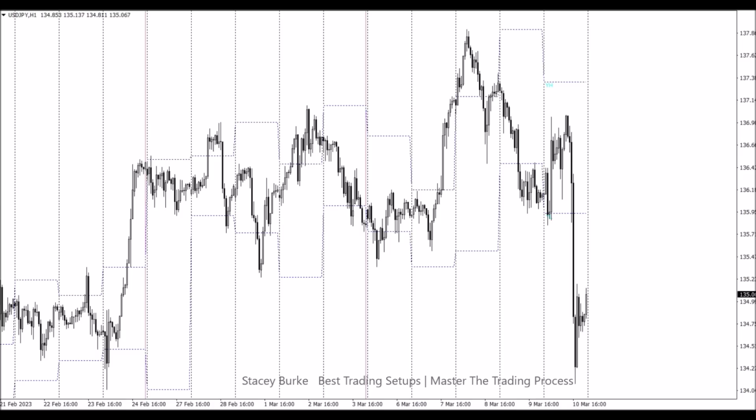I had several traders email me asking me about the US Canadian day 3 longs in the market, why it didn't play out, and we're going to talk about that. When I trade the US dollar cross, I'm always looking at the US yen, the US Swiss, the US CAD, those three, and then targeting